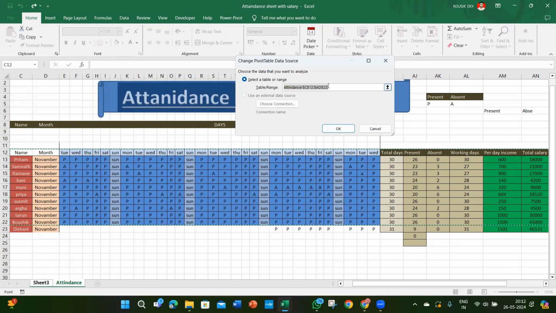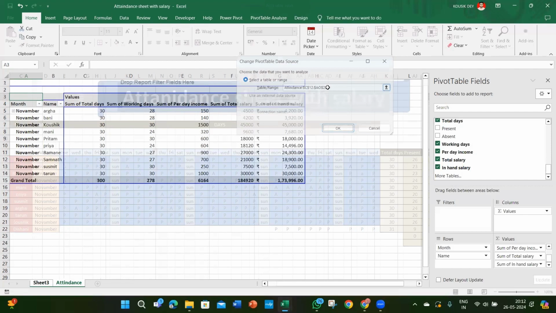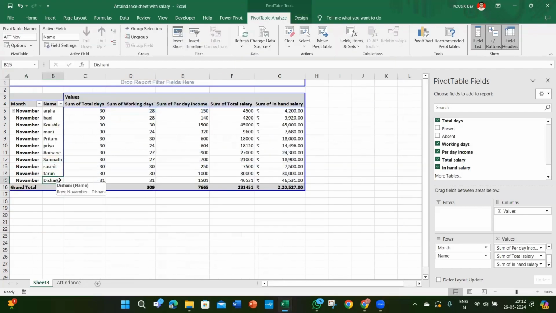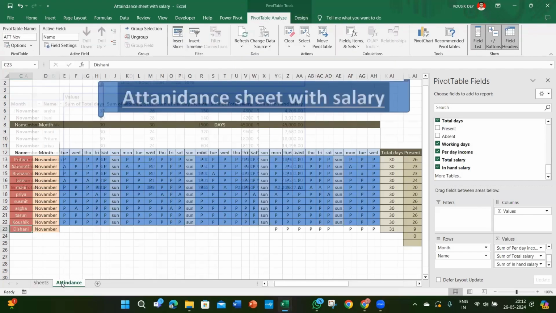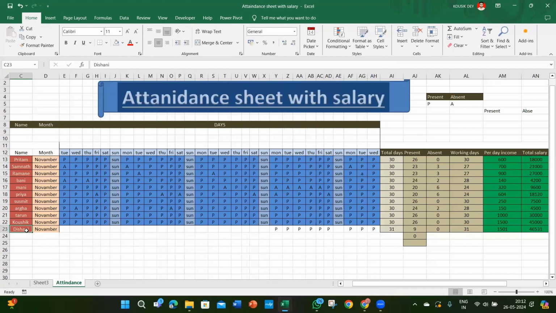So what you need to do? Just put 22, 23. This one has come. But here, for example, if this name has been changed, for example,